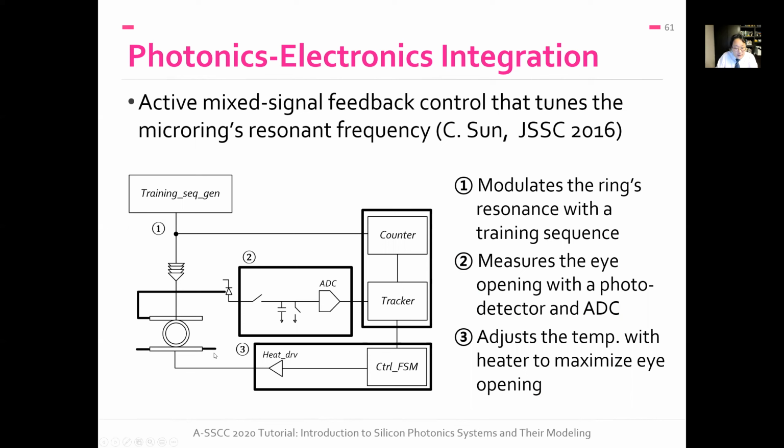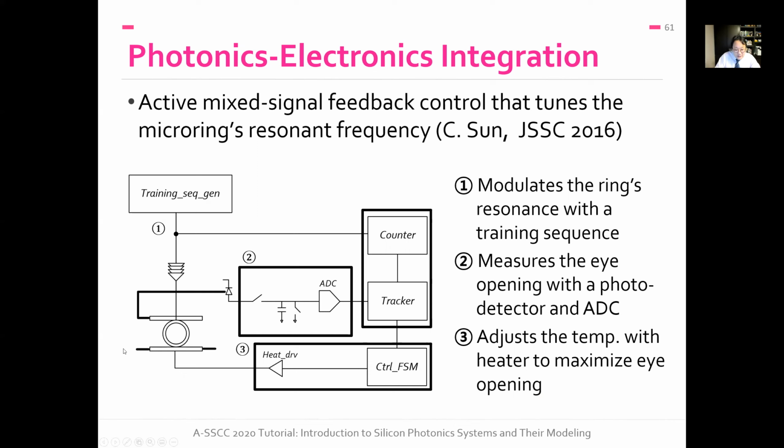In his work, he described a thermal tuner for a ring resonator modulator. It's because the resonant frequency of the ring modulator is highly sensitive to temperature. It is necessary to monitor the resonant frequency and adjust the temperature if necessary. So in the system, what he does is that